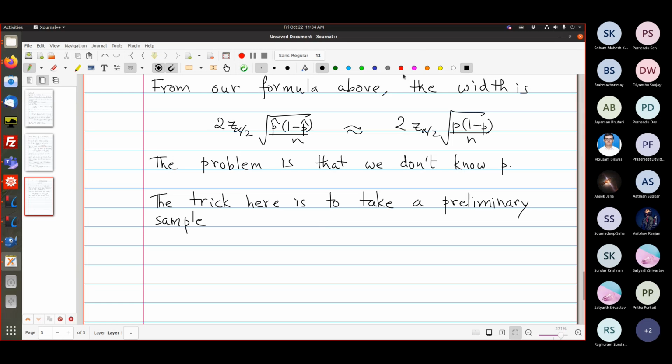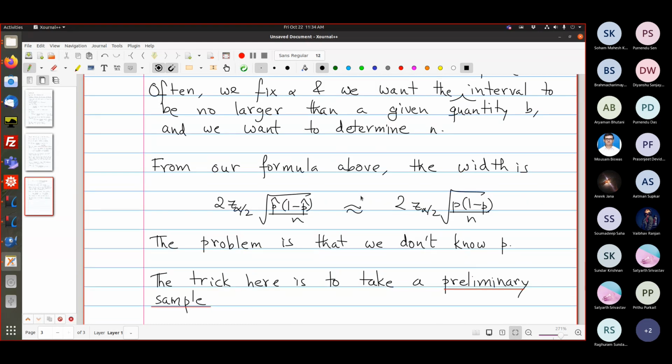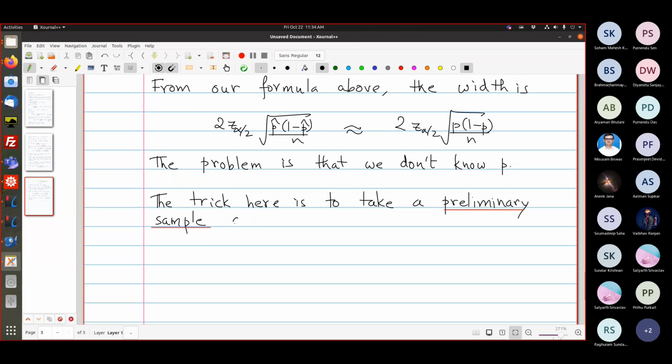So from experience, these companies know how much to sample. Maybe like in our example above, they had about 600 people, but maybe they say, okay, we are pretty sure that the number will be in the 100. So let's take 100 people and get some preliminary estimate, a rough estimate, again using the sample mean, P star for P. Okay, so they get some preliminary estimate.